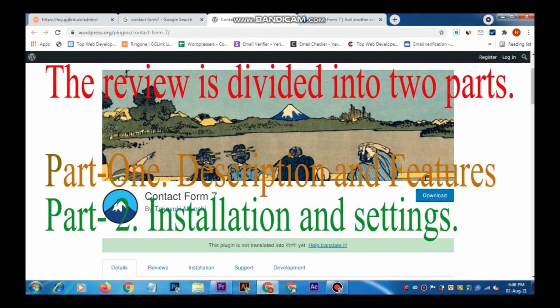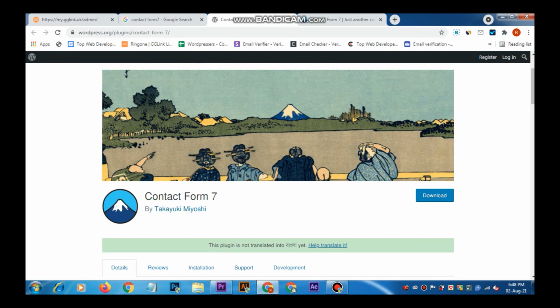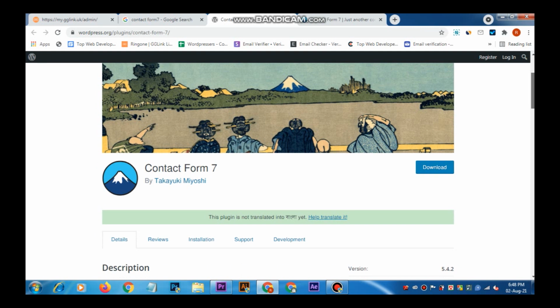It is Contact Form 7, developed by Takeuchi Mayoshi. Here you can see the download link. It is the WordPress.org official page.